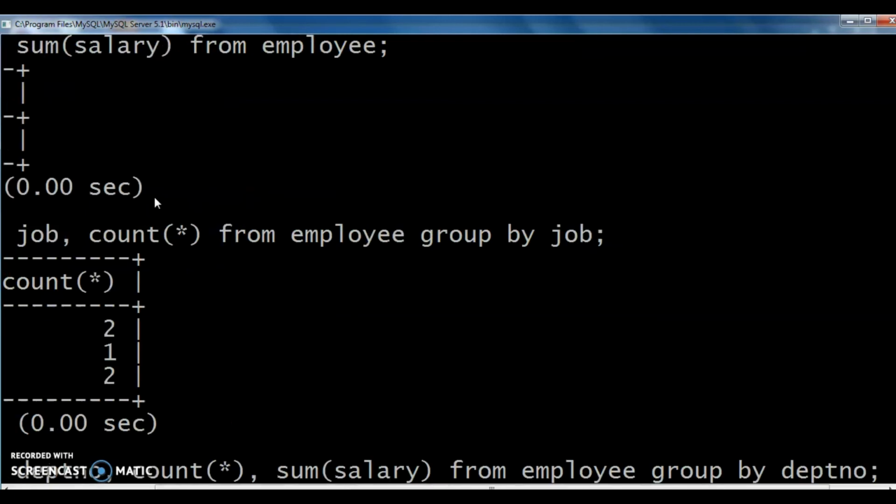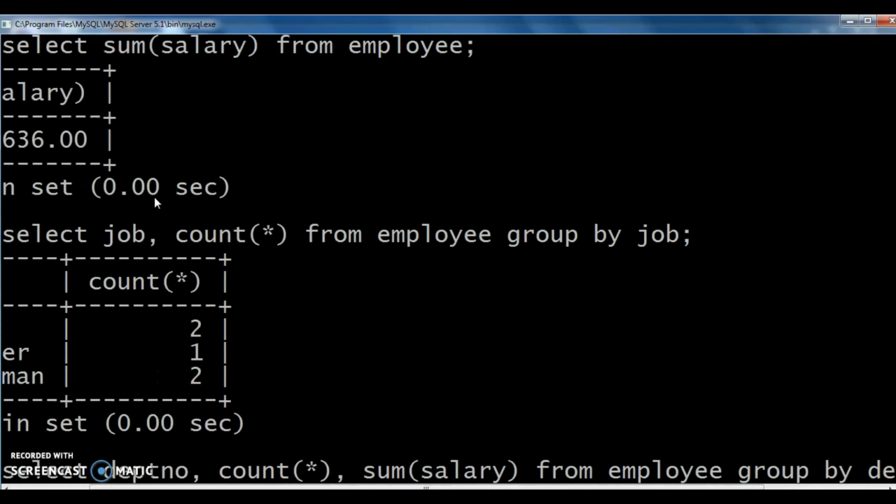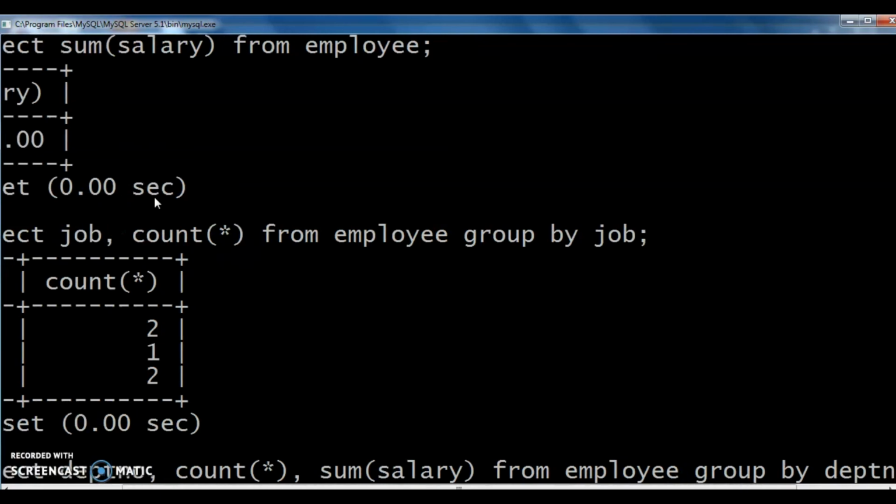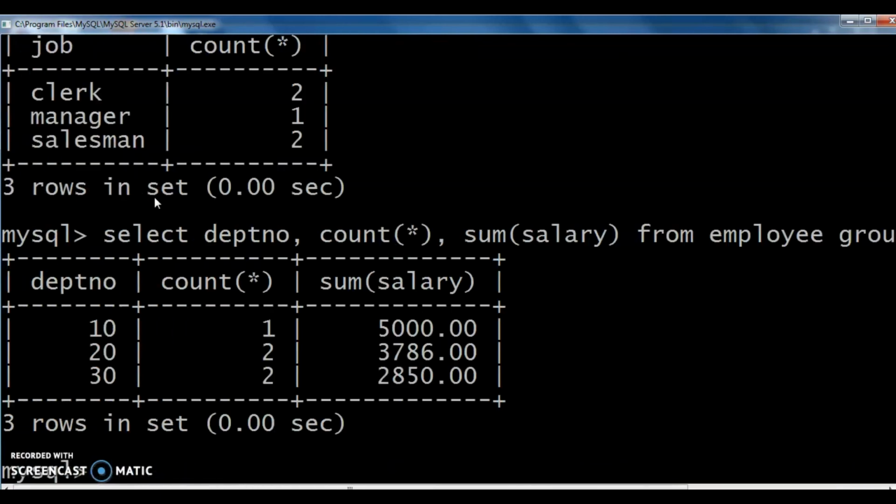Then the next is SELECT department number, COUNT(*), SUM(salary) FROM employee GROUP BY department number. What will happen? Department number 10.